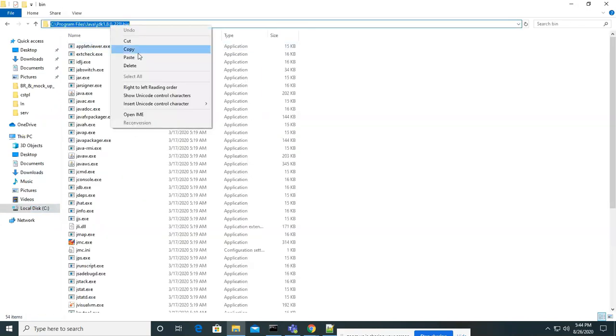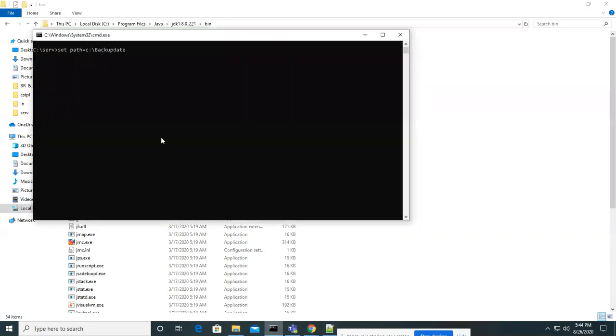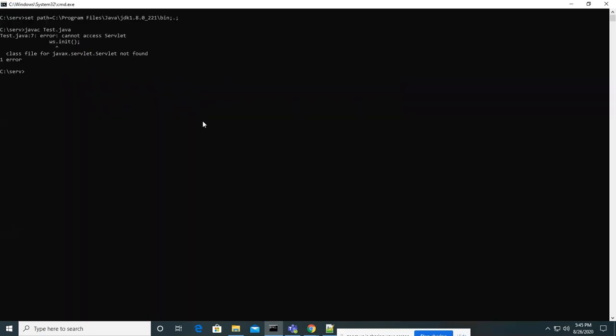That means the bin location, so it can find the compiler and everything. Then semicolon, dot, semicolon. Okay, javac. What is the class I would like to compile? Test.java.